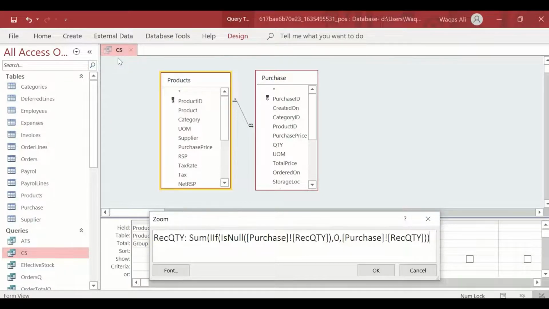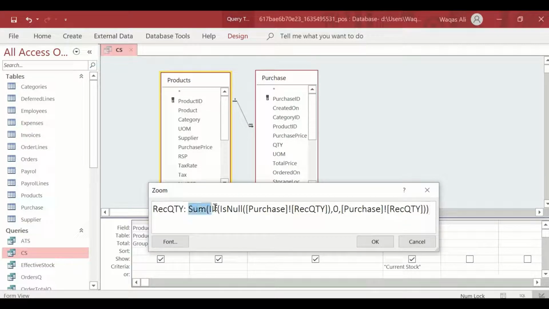So if there are 100 products, and let's say we haven't bought stock for 50 products, even in that case we want to see the stock as 0, right? This query returns that, and this is why you have to give this information. So write your queries like this.